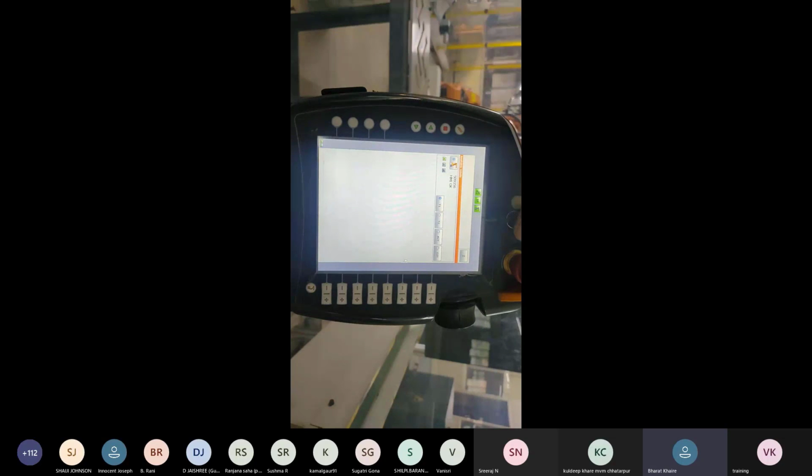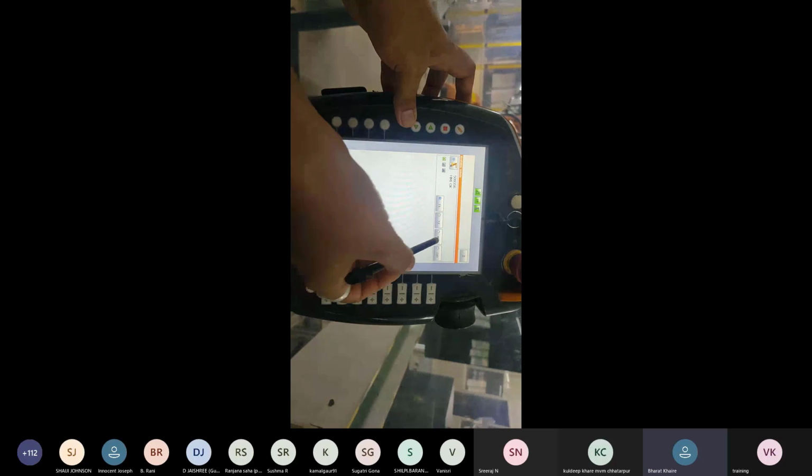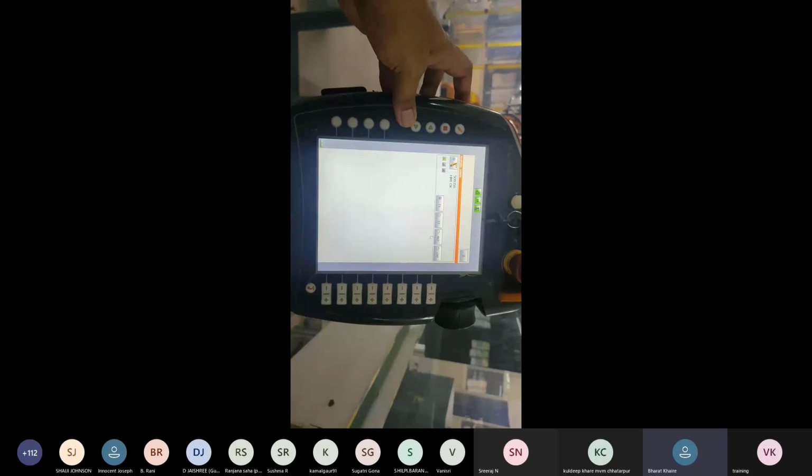This is T1. Okay, so if you take your finger off, it will turn red. Yes, if I take back my finger, it will stop automatically. When we press the play button one time, if we are in automatic mode, it will run automatically. Okay, sir.